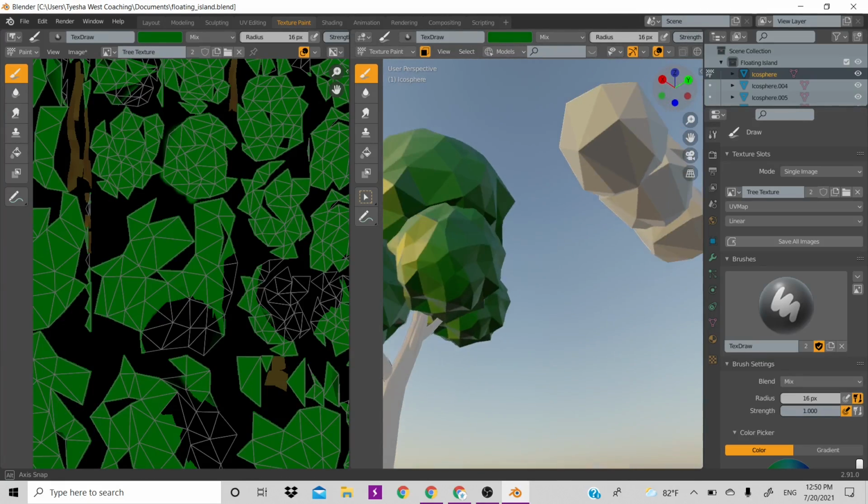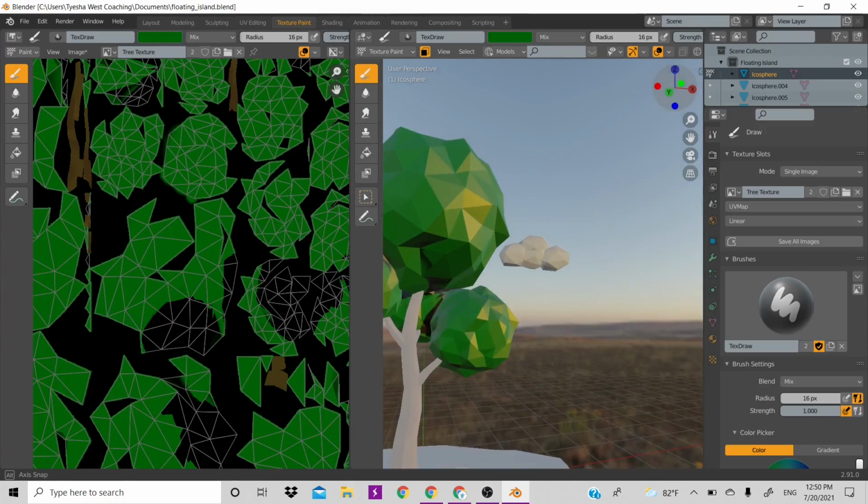But I think I painted everything about. I might have left a bit of stuff out, but again, I'm just painting in this paint place to make sure I get all these faces that might be black, to make them green like actual leaves. But yeah, so